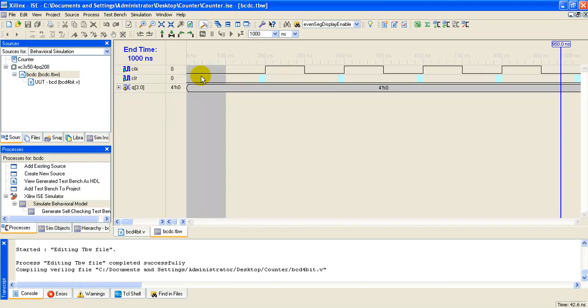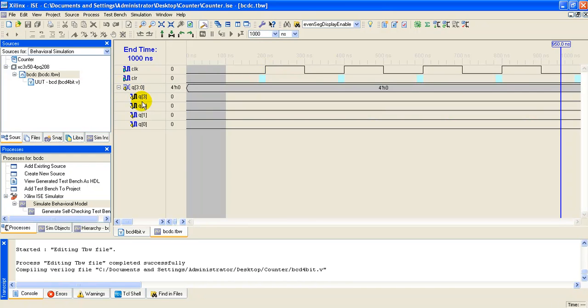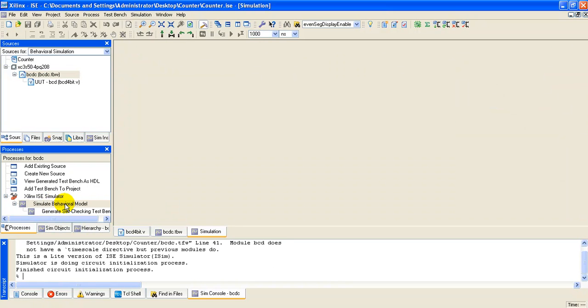Here you can see the clock input, the clear input, and the four outputs Q0, Q1, Q2 and Q3. Once it is created, save the test bench waveform, select the test bench waveform file, and do the simulation with simulate behavioral model. Right click and run this.